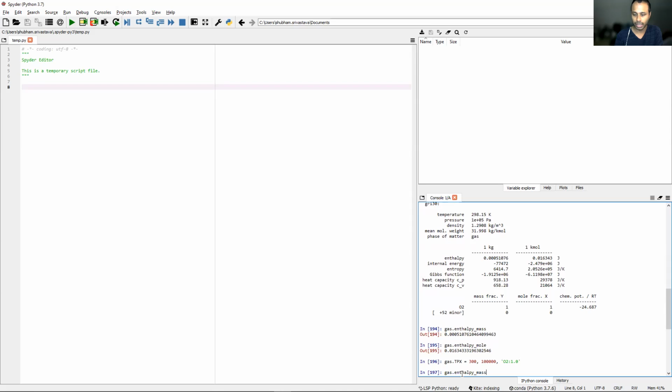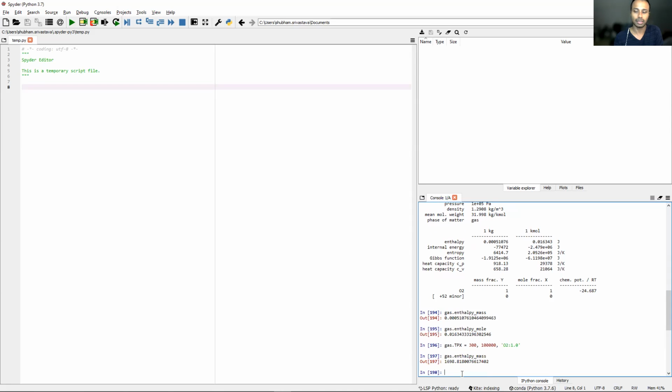Now, if I look at enthalpy, see now it has increased. All of this increase from 0 to 1698 joules per kg is because of the sensible enthalpy that has been added due to the temperature rise. So that's how you look at enthalpy of any mixture, whether it is 100% pure substance or a mixture of 2 different substances or 10 different substances. You can use enthalpy mass, enthalpy mole,